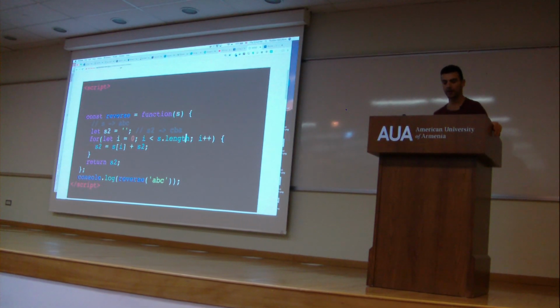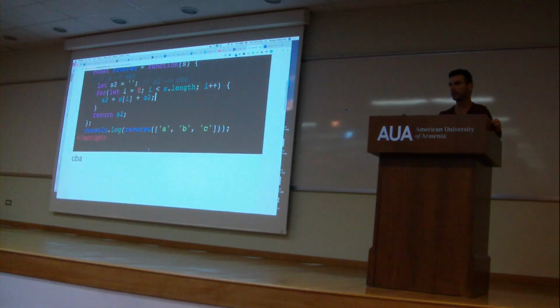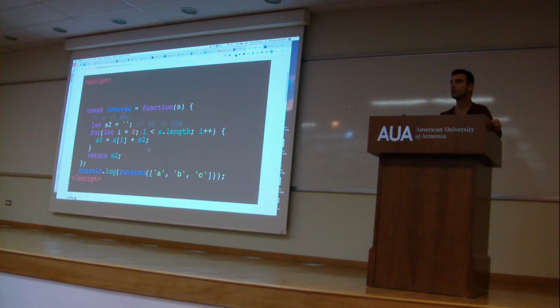What's the difference? A, B, C. Okay, it still uses a length, right? An array has length, so no problem. You can get an index from an array, no problem. And when you get the index, you get the text and you concatenate the texts. So in the end, you still come up with CBA. If there is an array, then you have to get the first element. Sorry. In that case, you would do this. And then what you would do is,